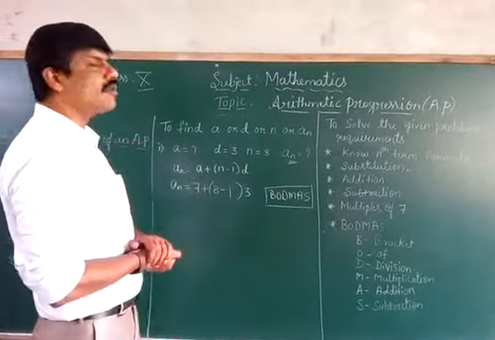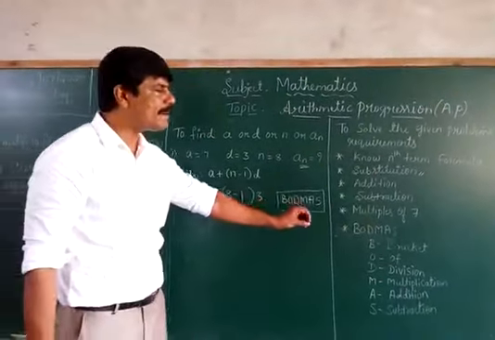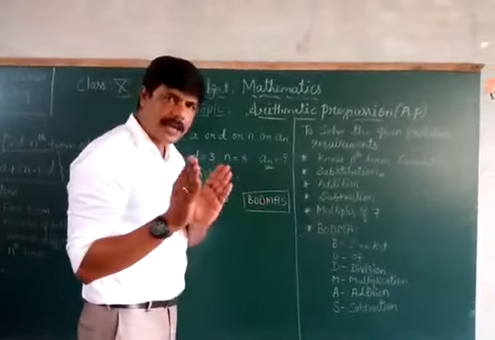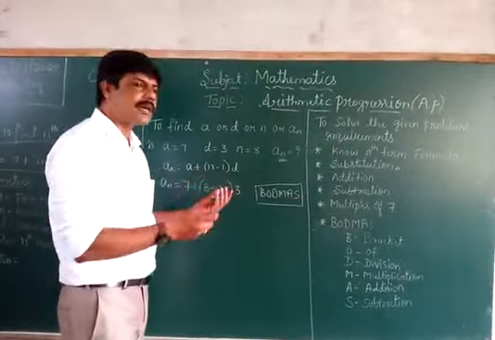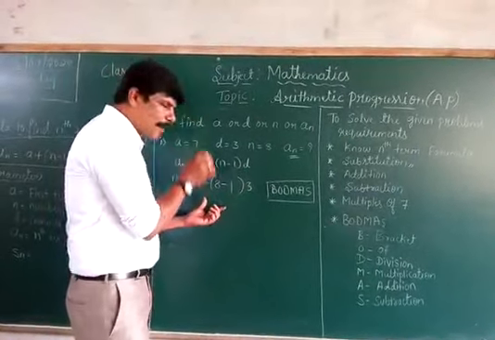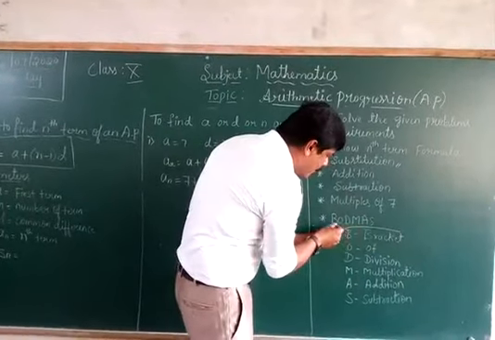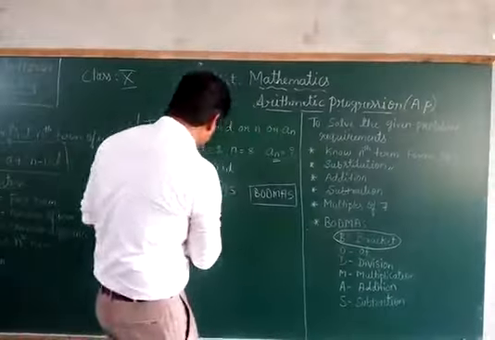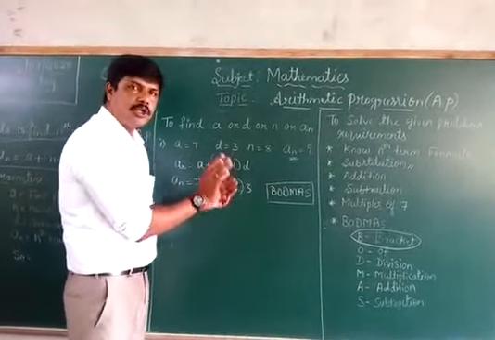Then after substitution, what do you have to do? You should know what BODMAS is. This is a very simple concept from 2nd, 3rd, 4th standard that you might have learned. When various operations are involved in a problem, you have to go according to this. First, you should see whether B, meaning bracket, is there in this problem. Bracket is there. First, you have to take the bracket only and should not do anything else.